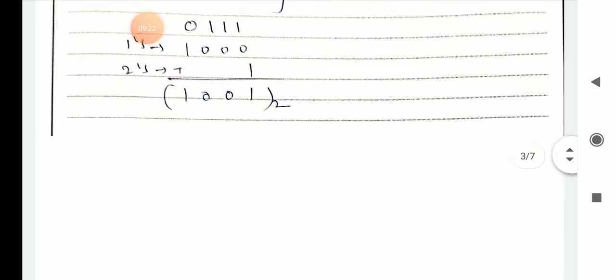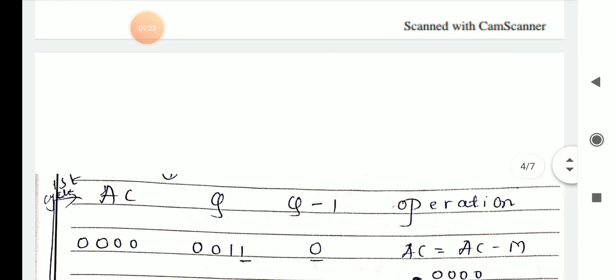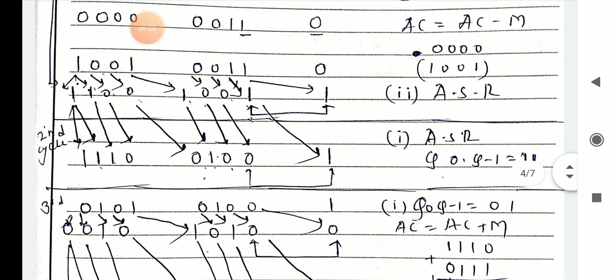So you have to perform the arithmetic shift right. Again, you have to shift the position by using the result of what? First cycle. Okay, so first 1 comes here, second 0 is there, 0 shifts, 0 shifts, and 1 is the shift, whatever 0 is there comes here. So next 0 is here, 1 shifts, and one more 1 is preserved here. That is 1 1 0. Okay, so 0 1 0 0 is the next Q, and in your Q minus 1